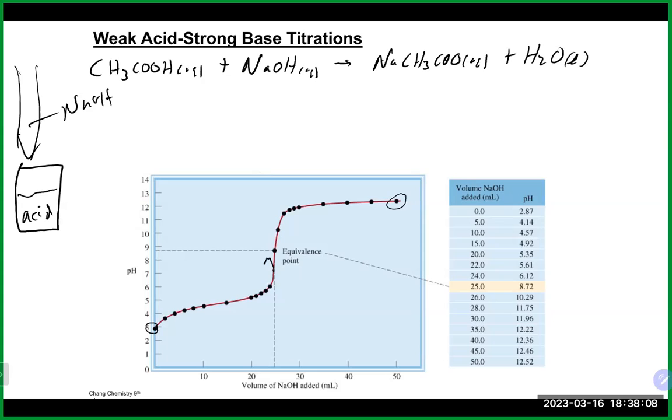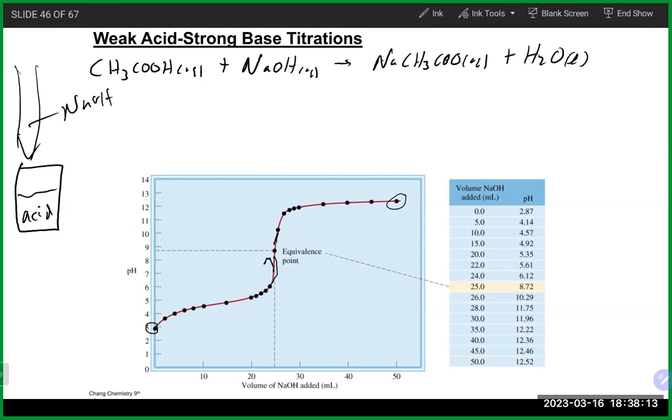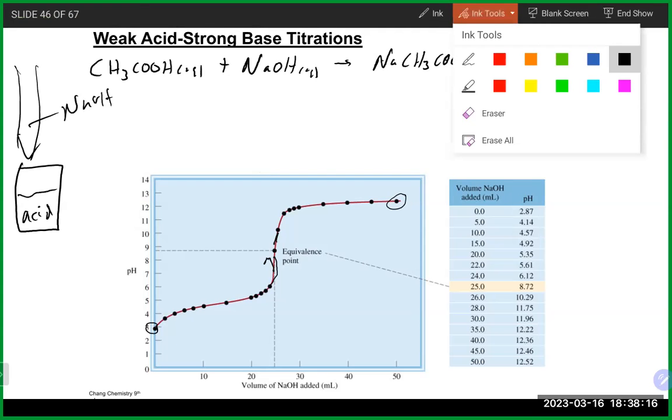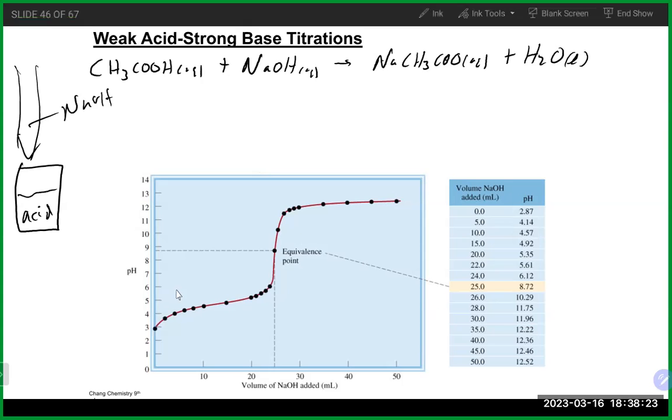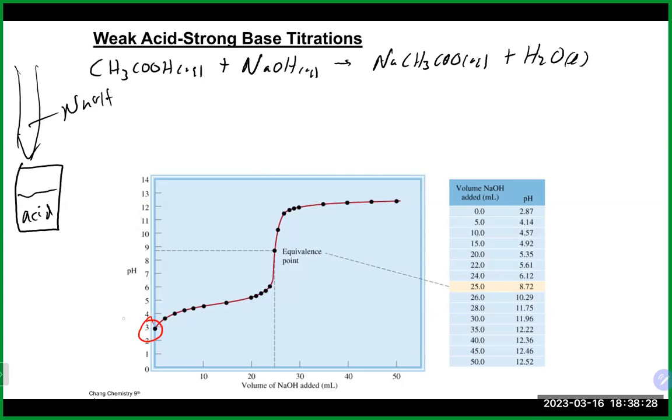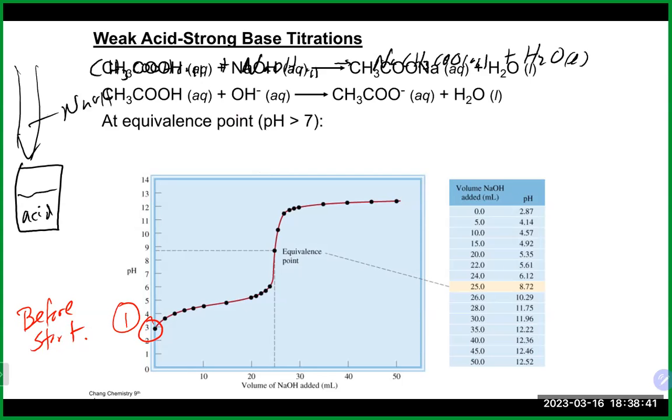We also see that jump to the equivalence point and also past the equivalence point, which is very common that you see. So let's talk a little bit about the same sort of 4 spots on this type of curve. So we'll start with the exact same sort of beginning spot, which is right here, number 1, before we start the titration. Now, in this particular case, at point number 1 of this curve, before we start it,